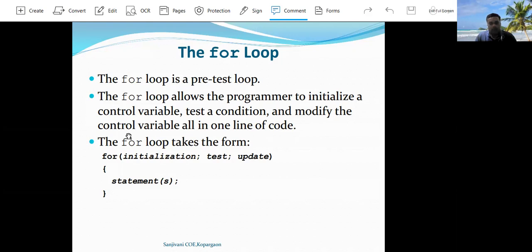Here, the for loop will take the following form: for, then initialization, where the variable is initialized, then test condition, then update the variable. After that, we can write the statement inside the for loop.